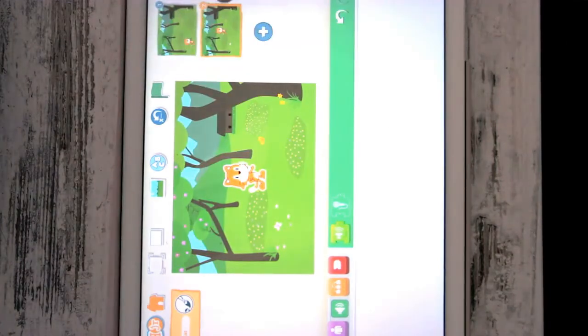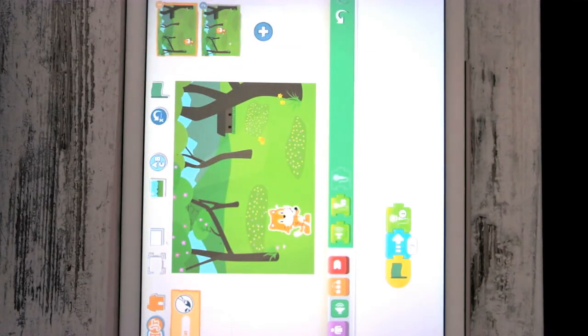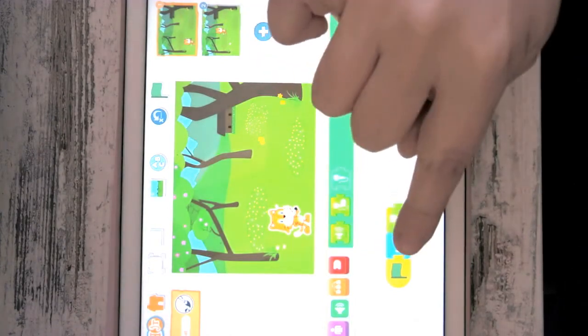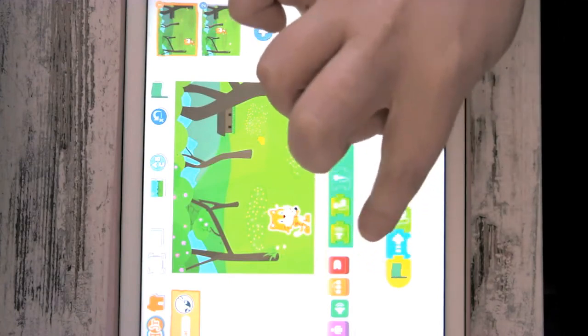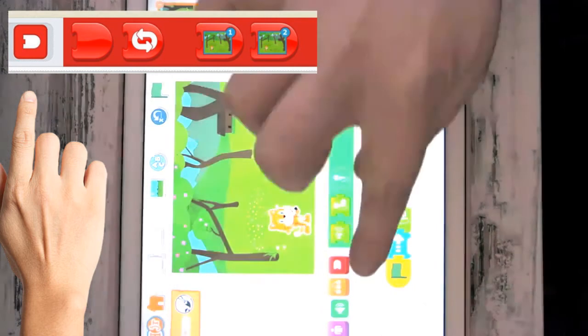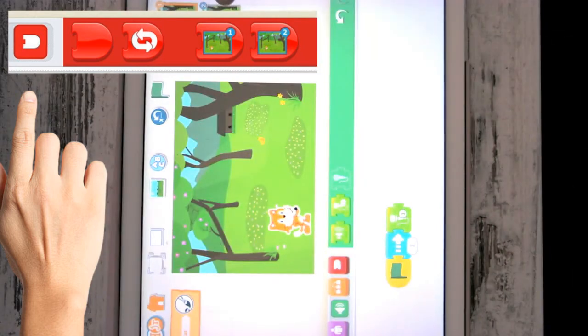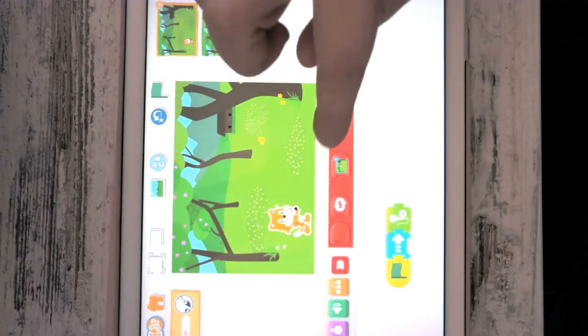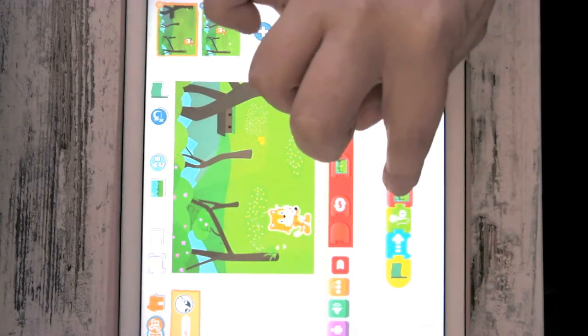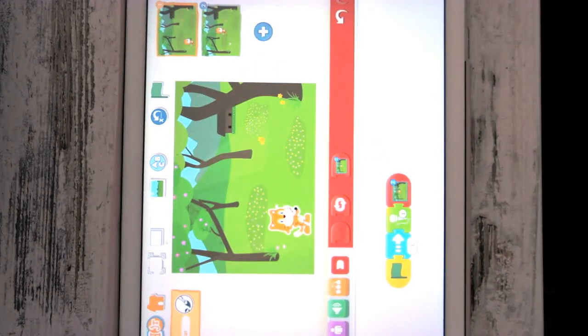But before we do that, let's go back to page 1 and finish this last block of code. So remember in Mrs. K's example, the last block of code had me changing pages. It was a red block and it went to page 2. So I'm going to click on this red block here and you can see now I have an option that says go to page 2. I'm going to pick that one up, drag and drop that there. So pause the video, have a go, add a page first so you've got some